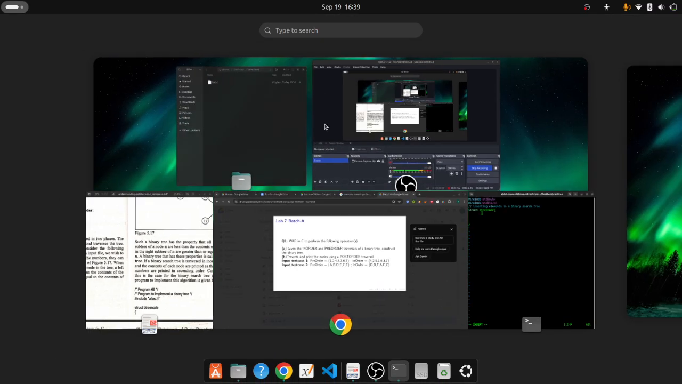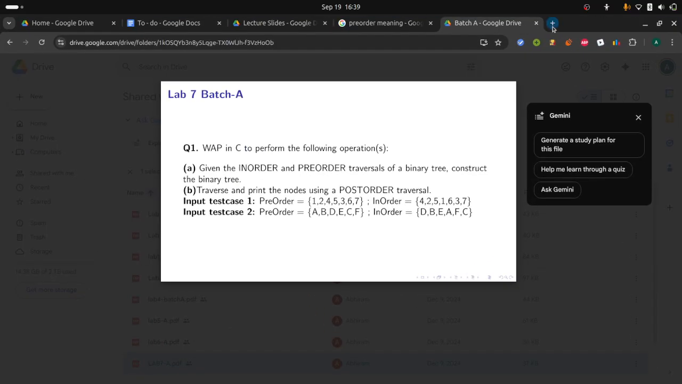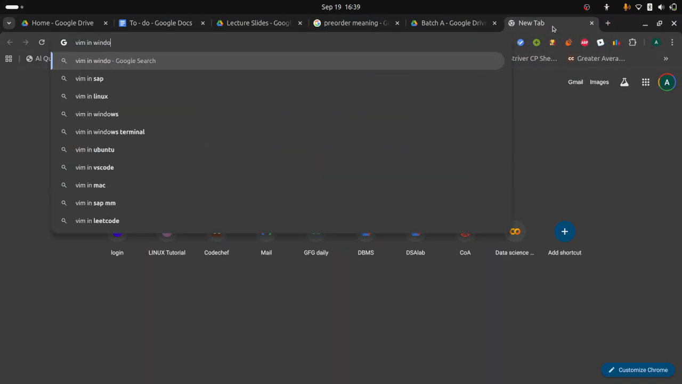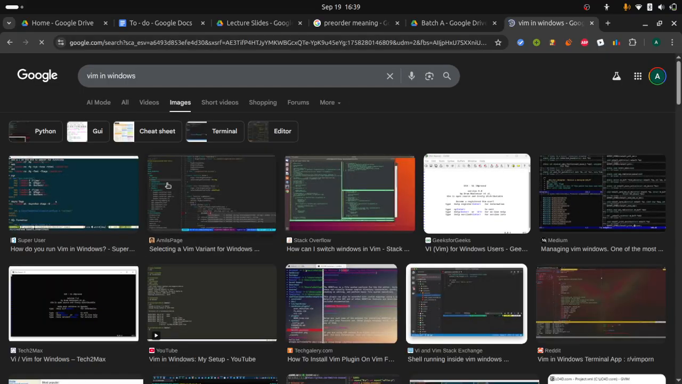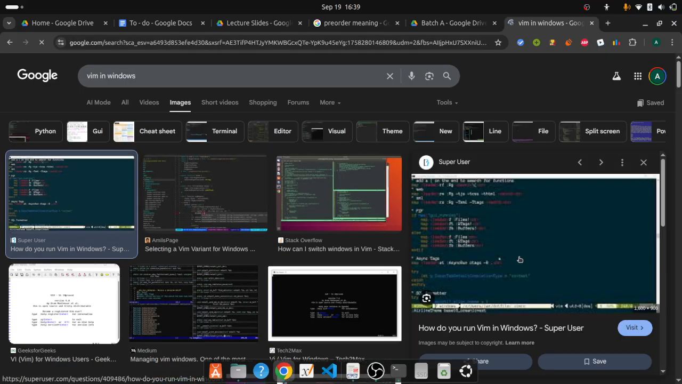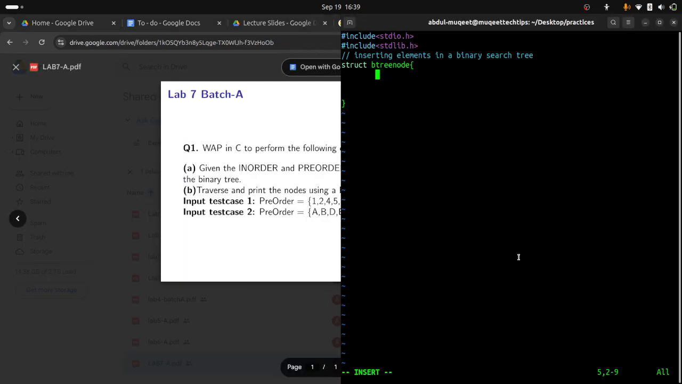Is Vim supported in Windows as well? Okay, anyways,